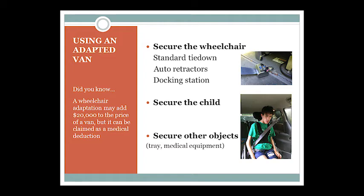Then, of course, you have all the other things that you're bringing with your child. You may have medical equipment. We almost always bring a tray. All these things have to be secured in the trunk of your car or somehow tied down as far away as possible. The more medically involved your child is, they may have oxygen tanks, portable ventilators, all kinds of equipment. It is very tricky, but you're trying to secure it as best you can,